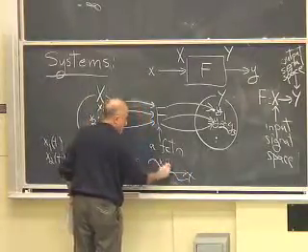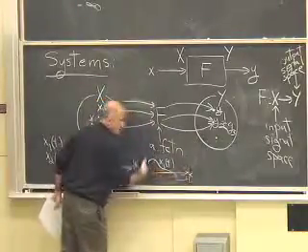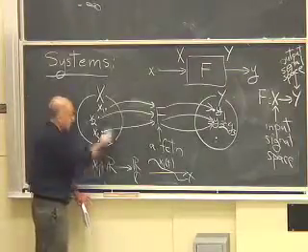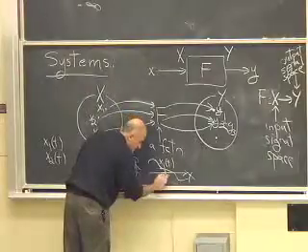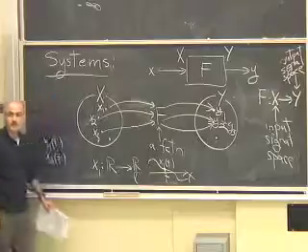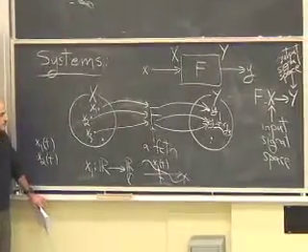This would be your x1 of t. So when I say x1, I'm looking at this whole object. When I say x1 of t, I'm looking at a particular t. That value right there. And you need to make this distinction, and the book is very clear about what that